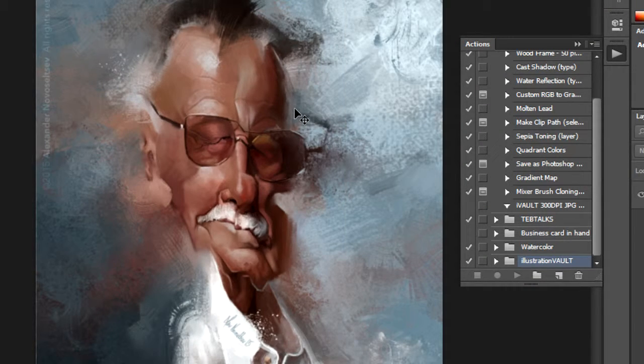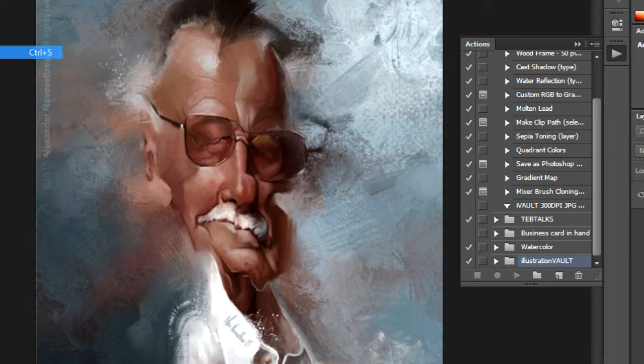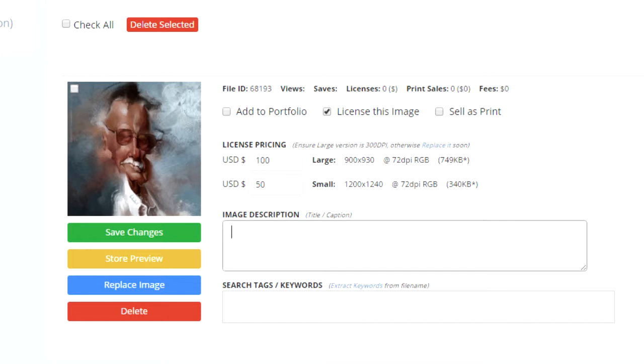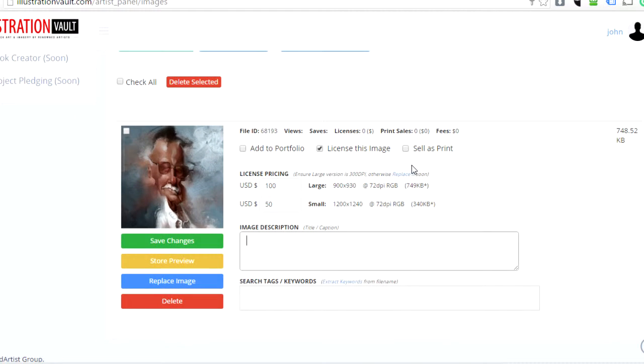So this is something that I do not recommend, but I just want to show you the difference when you upload the high-res image. So we're going to save this right now, and now the exact same image is 4 megabytes versus 1 megabyte. Assuming you would input all your images from your gallery and they would all be 72 dpi,